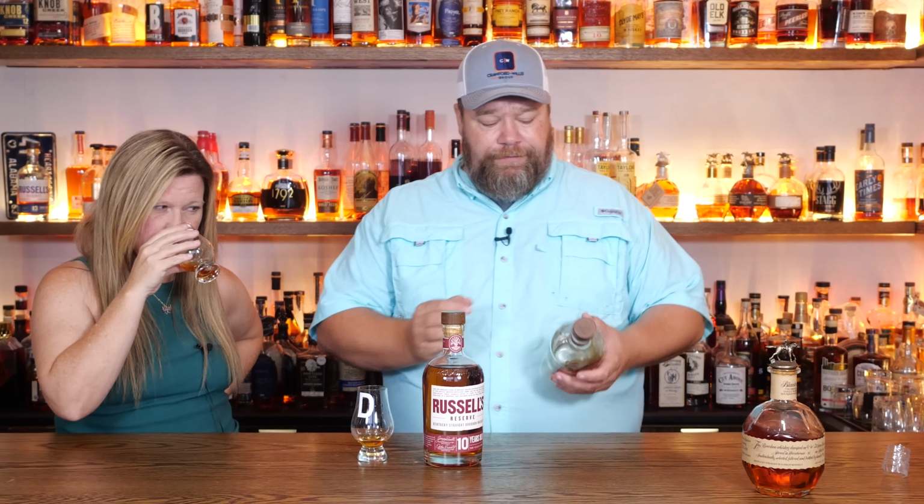The nose is much better already. But again, we're going to 110 proof versus trying to find an alternative to a 93 proof whiskey. Right, so I understand how not fair that is. Yeah, you can't go. But I just get insanely curious as to Jill's thoughts on Russell's Reserve single barrel. You hating on that too? No, that's got some nice